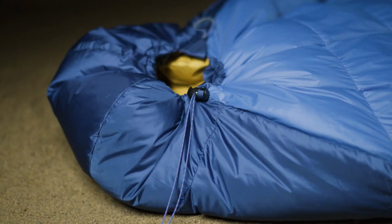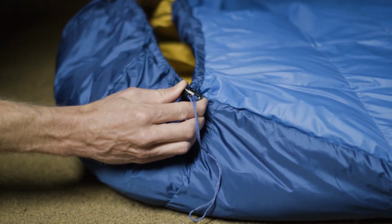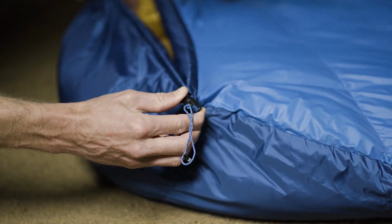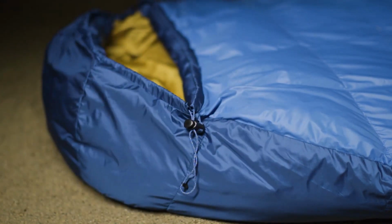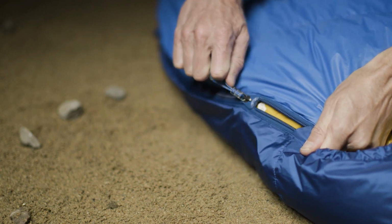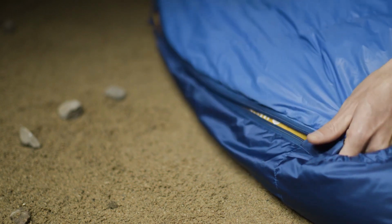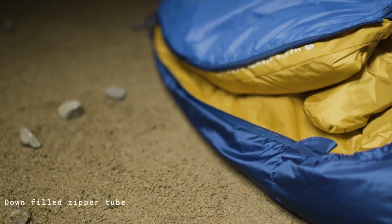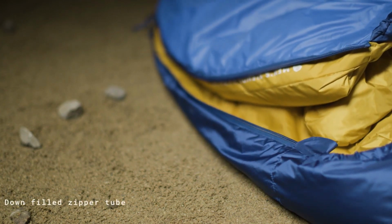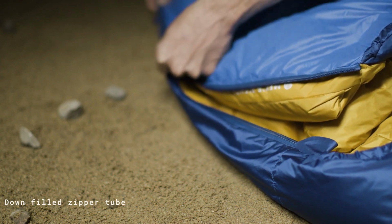It features a simple mummy design filled with 650 fill power down, striking a good balance for practical use. The Bishop Pass 15 impresses with its warmth-to-weight ratio, making it a standout choice in the affordable sleeping bag category. And its pack size is relatively small compared to similar models offering similar warmth. While it may not offer the utmost comfort and versatility, it meets the expectations of most shoppers, especially those prioritizing